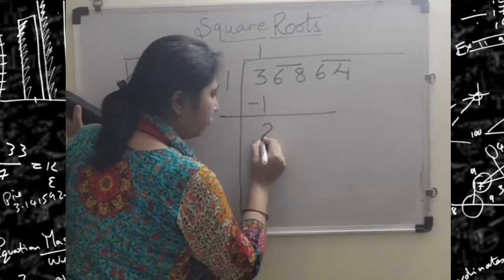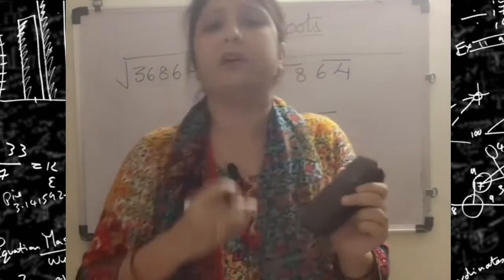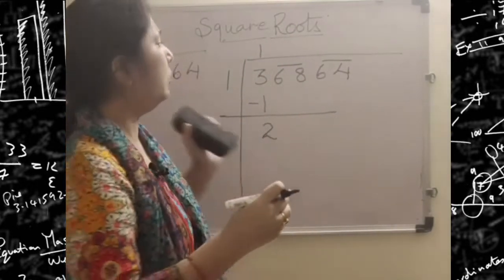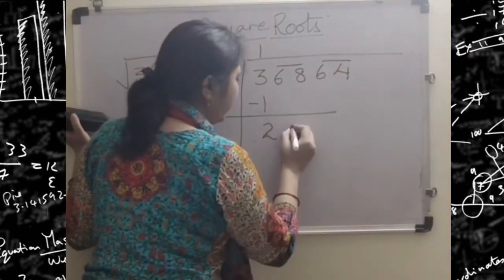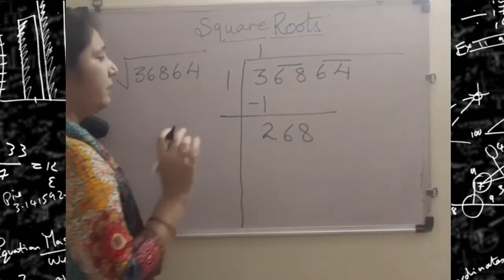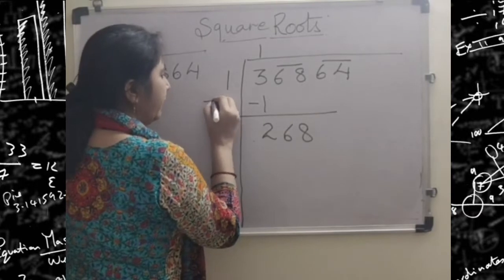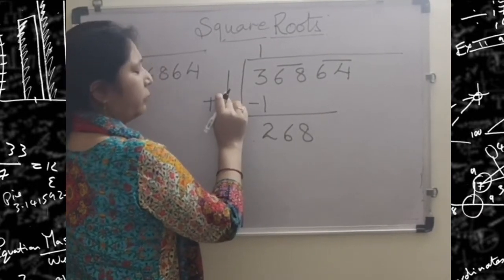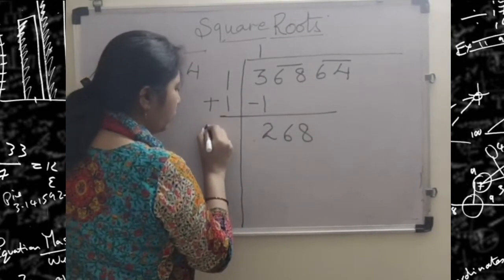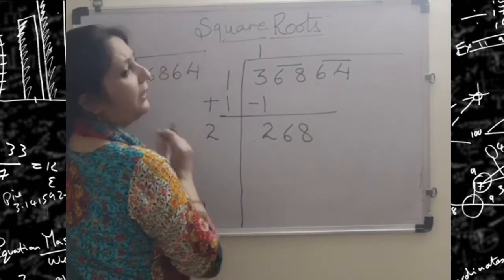The remainder is 2. There in division process you used to bring down one number. Here we bring down pair wise. So the whole pair is 68. I have taken 68, done. Now what working we will do here? In the divisor, this 1, we add the 1 of quotient. So 1 plus 1, 2, which we will shift little left.